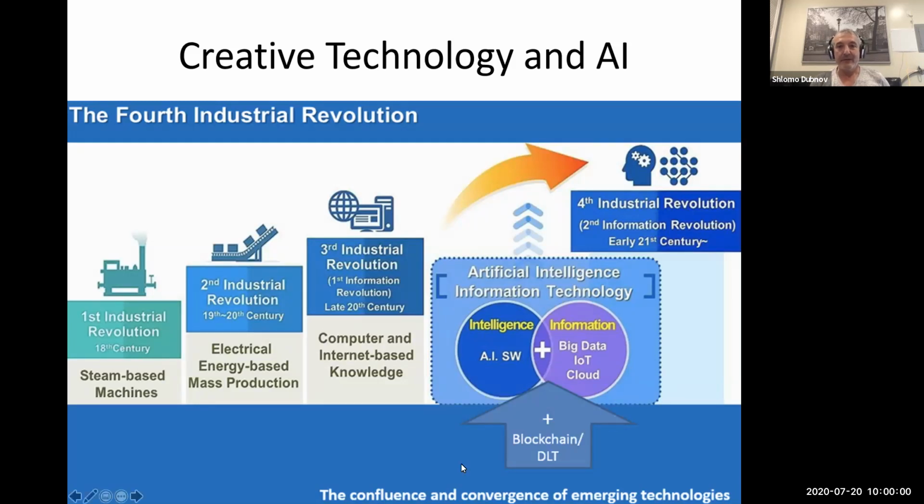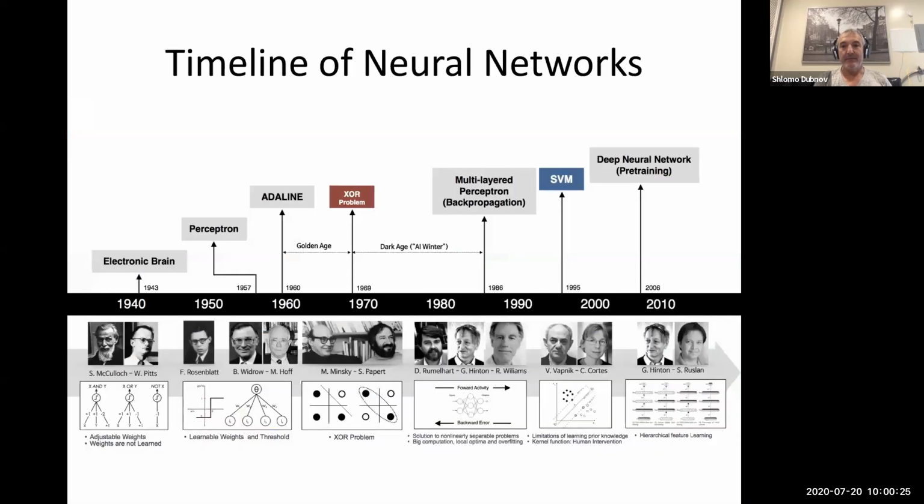So of course, the creative technology, at least the idea of the ability of intelligence, artificial intelligence, is considered the fourth industrial revolution, right? And AI and neural networks take a big part of this, and of course, big data. Now, a big revolution in neural networks actually happened with the idea of generative neural networks.